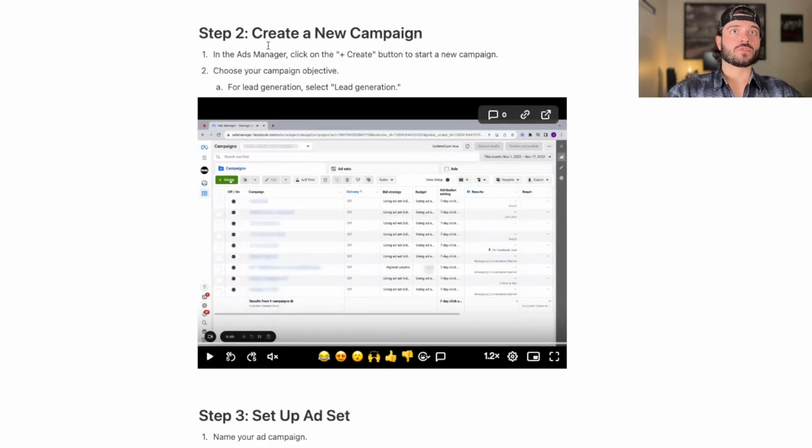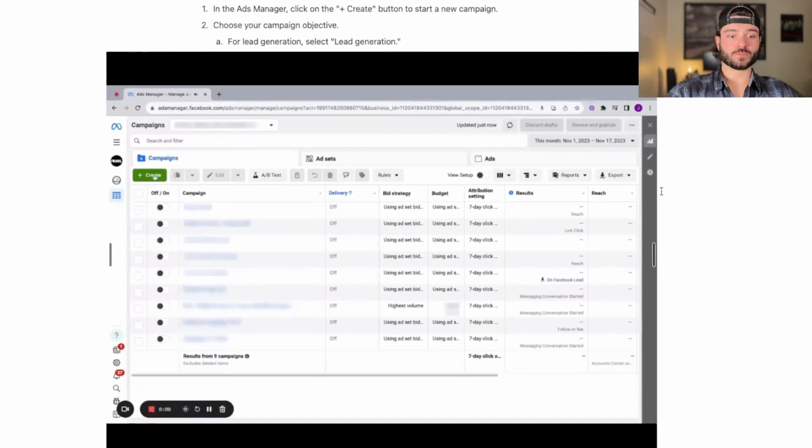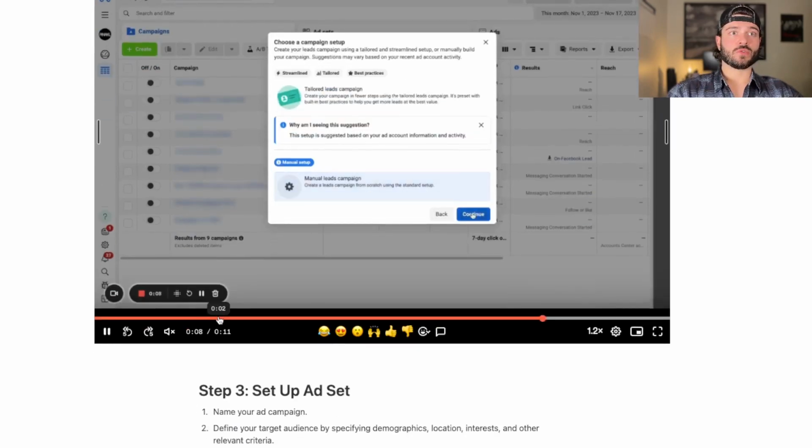So the next thing you want to do is simple. You want to create your first campaign, and that's in the Ad Manager. You're going to hit this little green button over here. Let's just play that video real quickly. So you're going to hit that green create button, and depending on your actual